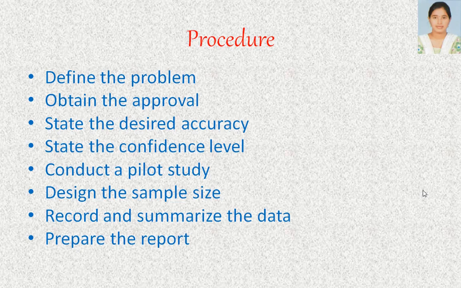Next, we are going to design the sample size, select the observers, decide the number of days or shifts needed for the study, decide the time interval between observations and the route to be followed for recording, and design the observation record sheet. So once we finalize the work sampling procedure, we first design the sample size and then the number of observers, and we decide how many days or shifts we are going to record, the time interval between the observations, and we record it on an observation sheet.